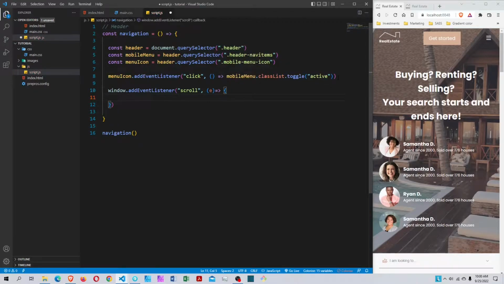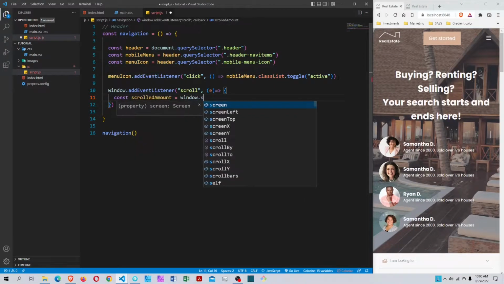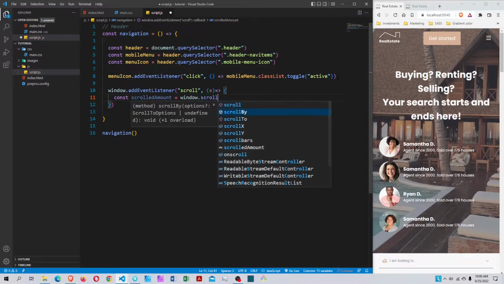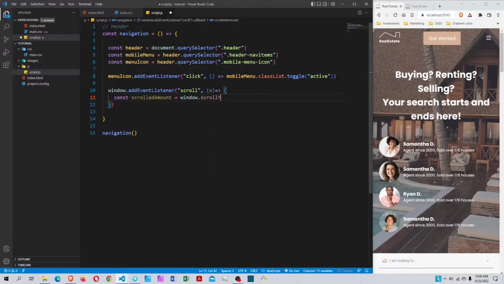Here we're going to get the amount that we scroll. So create constant scrollAmount, and that will be window.scrollY. So if I save this and we console.log that line,